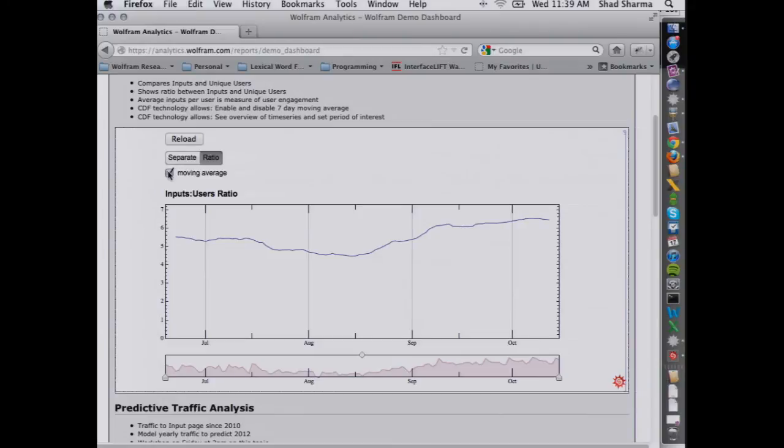And so here we can see that in the summertime, students do, on average, 5 queries per session, per day, that is. And then as the school year ramps up, they go up to 6.